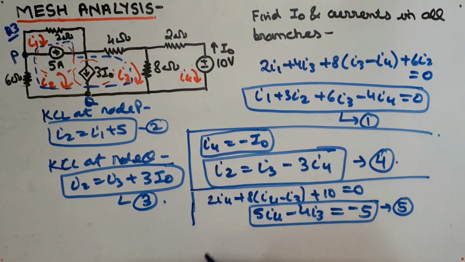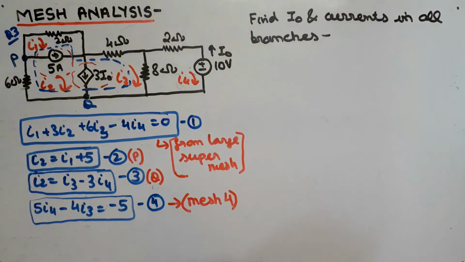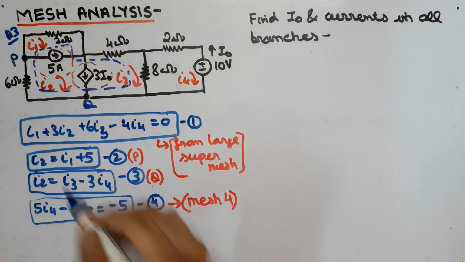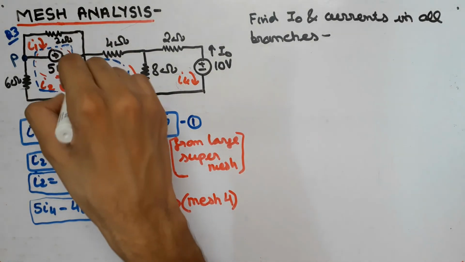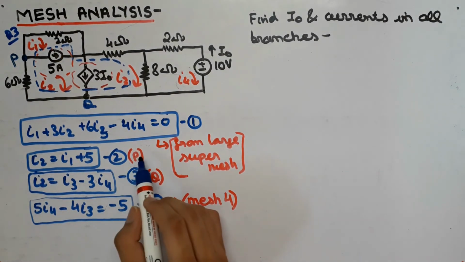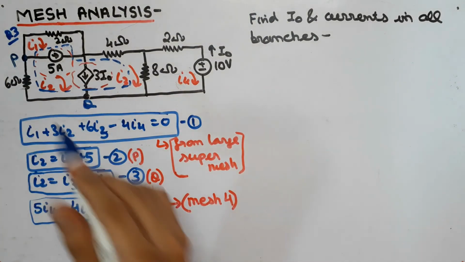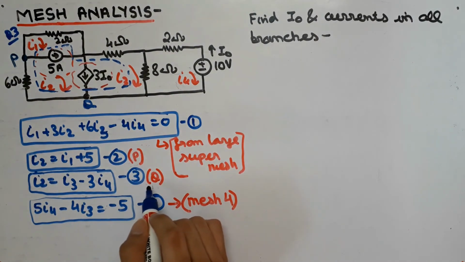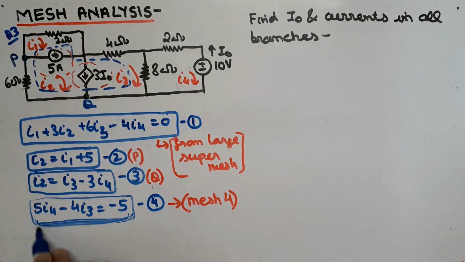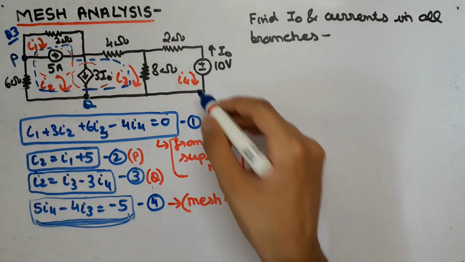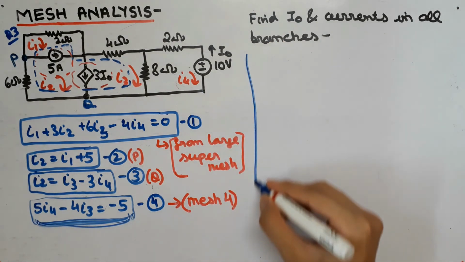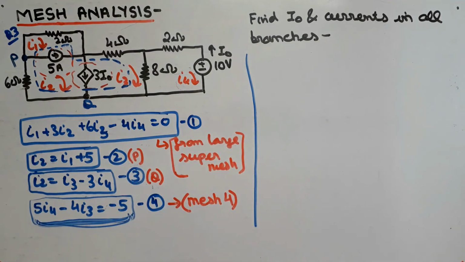Now we will use all of these equations to find the value of I1, I2, I3, I4 and I0 using the elimination method. Now previously we got these equations, that is, we got equation 1 from the larger super mesh that we got by combining these two super meshes, and equation 2 we got by KCL at node P, and similarly we got equation 3 by applying KCL at node Q, and we got this by applying mesh analysis in mesh 4. Now similarly we are going to use these 4 equations to find the value of I1, I2, I3 and